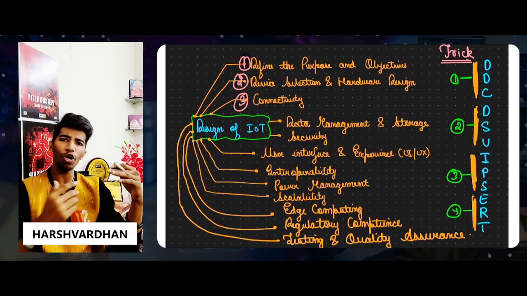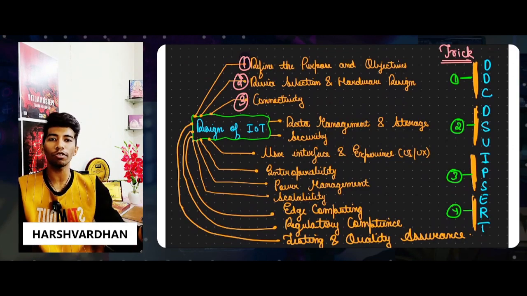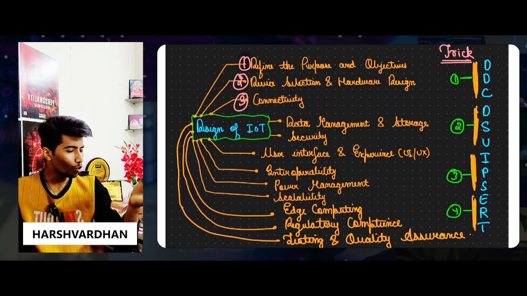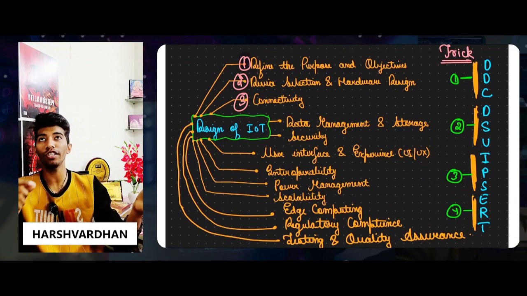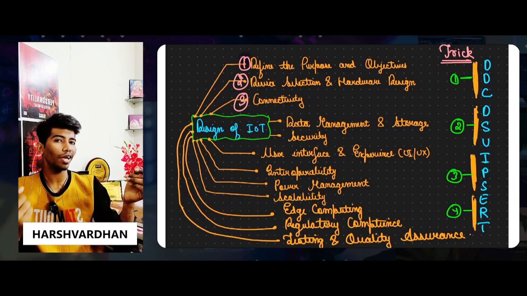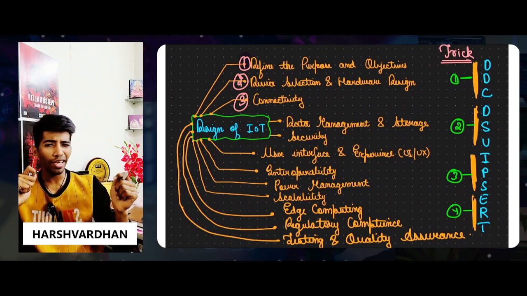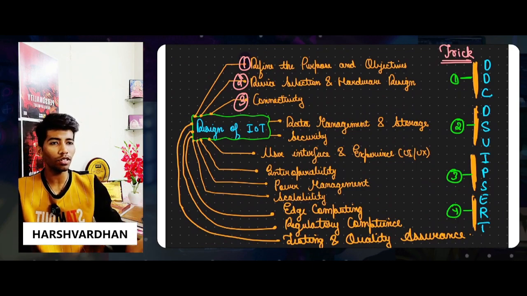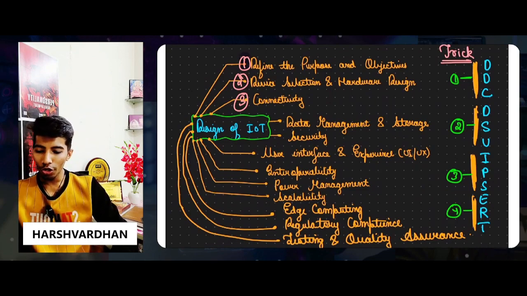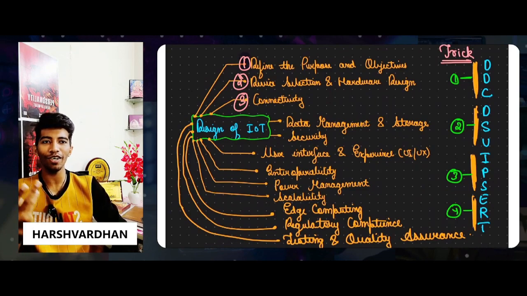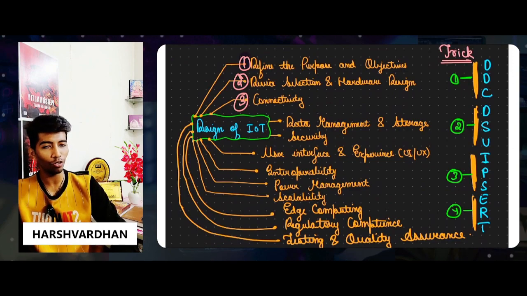What is your reason to use an IoT based system, because it has become very popular, right? Why are you designing it? Are you just wasting your time? No, you are designing it for a reason. So for that particular thing, IoT becomes very important. Like if you are creating any kind of project, you will have to define something. Without defining what you want to do, you can't do anything, right? The same goes for IoT.